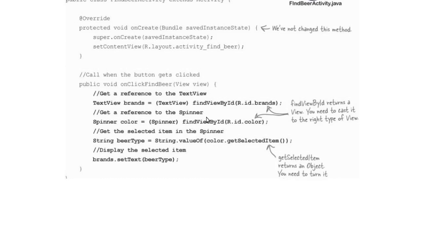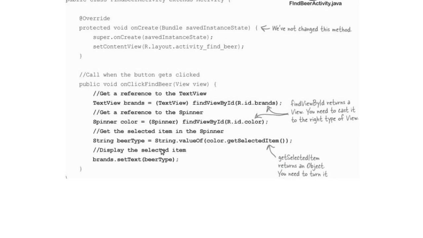Similarly, we can access the spinner by using findViewById. Suppose the ID of a spinner is color, so R.id.color, then we have to cast it, because it will return a View, so we have to cast it to the exact widget. In that case the Spinner, and in the other case the TextView.